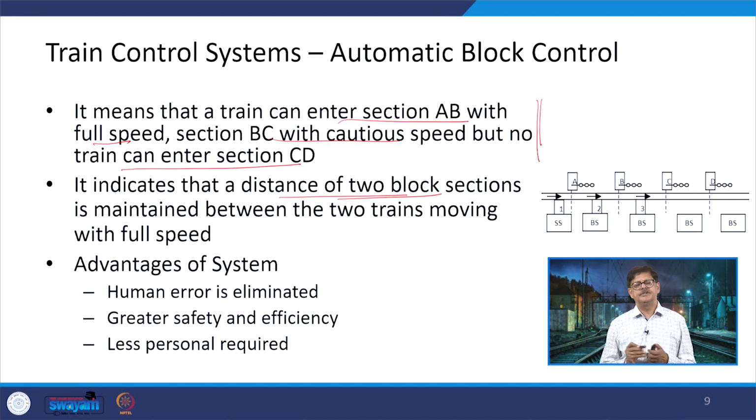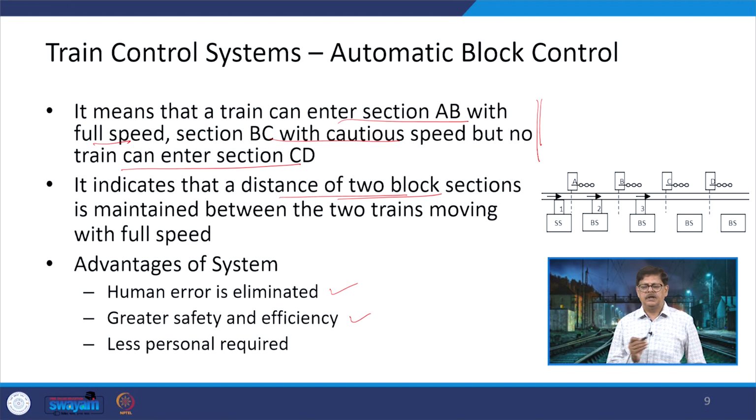So, that is a space gap which is being created, and that was one of the approaches which we have discussed at the very starting. So, what are the advantages of this system? The human error is eliminated. There is greater safety and efficiency on the basis of this automatic turning of the signals as green, yellow